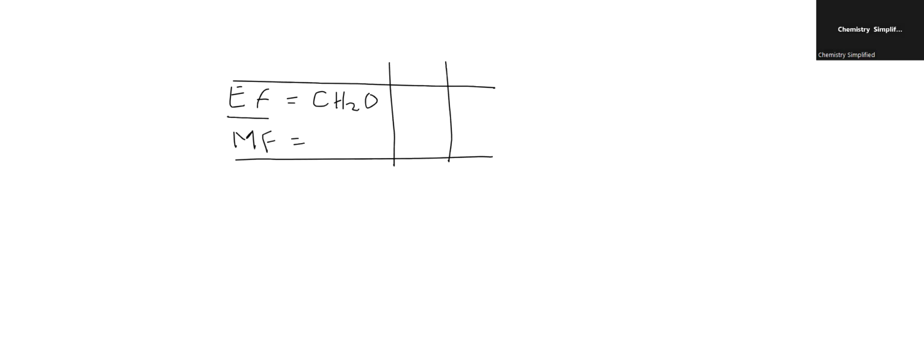So you can do this table in the rough, in which you write the mass of this formula, 1 carbon, 2 hydrogen and oxygen. The empirical formula mass, 12 plus 2 plus 16, will be 30. The mass of the molecular formula is nothing but MR, molecular mass, which will be given in the question. Let's say if they have given this to be 60,